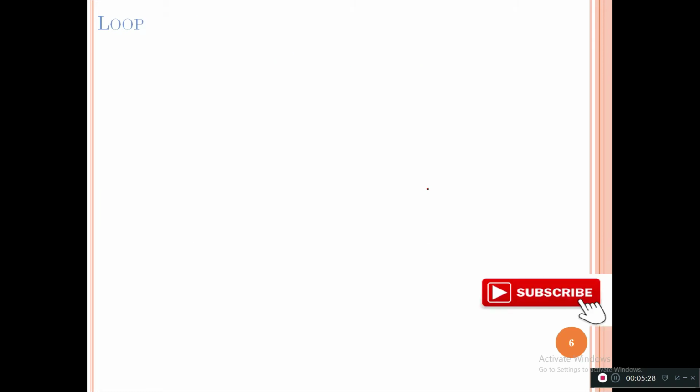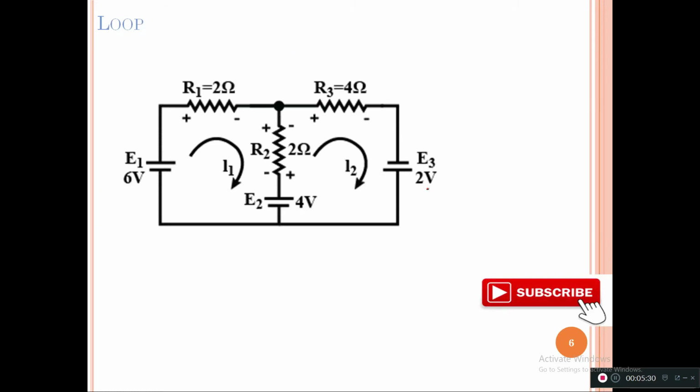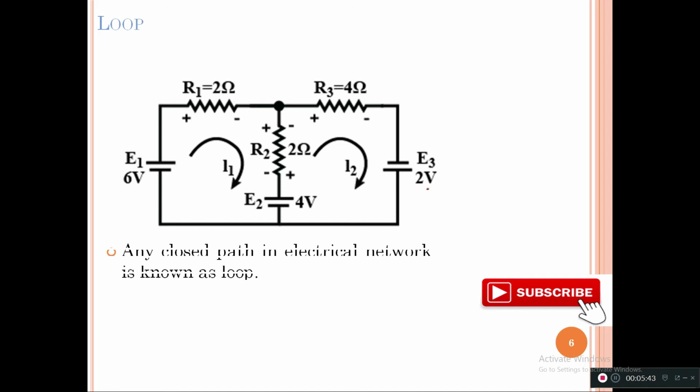Okay, now let me talk about loop. So number of loops in any electrical network is defined by number of closed paths. जितने क्लोज पाथ होंगे आपके इलेक्ट्रिकल नेटवर्क में, उसी के अकॉर्डिंग आप डिफाइन करेंगे कितने नंबर ऑफ लूप्स हैं। जैसा कि हम इस पर्टिकुलर नेटवर्क में देख सकते हैं कि हमें 2 क्लोज पाथ दिख रहा है। First close path is on the left hand side in which I1 current is moving, and second close path is on the right hand side where the I2 current is moving. So there are 2 close paths. तो 2 close path हैं, इसलिए we can say that there are 2 loops.